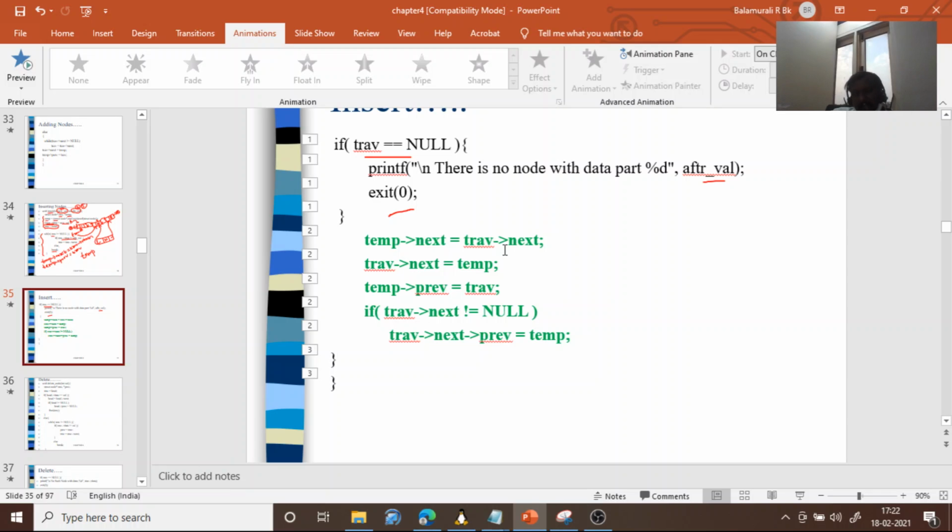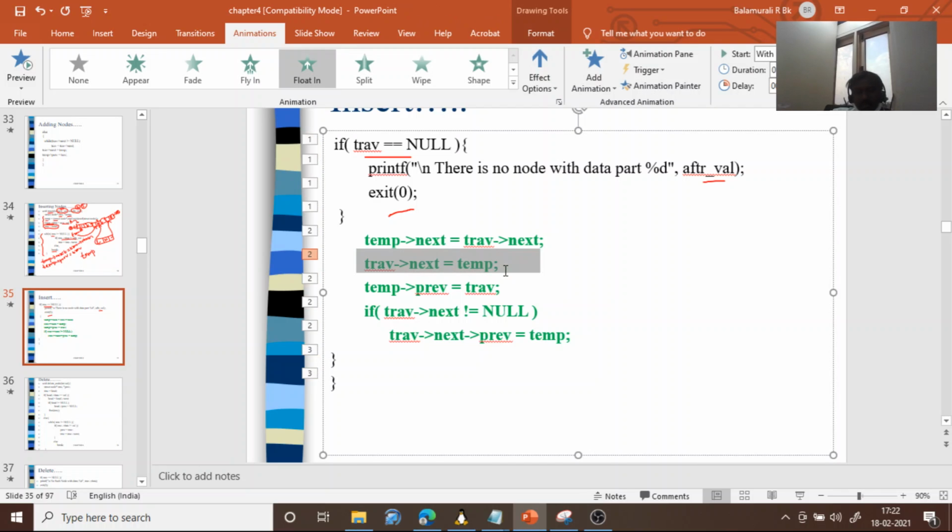That means the new node is pointing to the node which is after the traverse node. Then traverse arrow next is equal to temp. This we should not do here; we should do it last. I will tell you the reason.